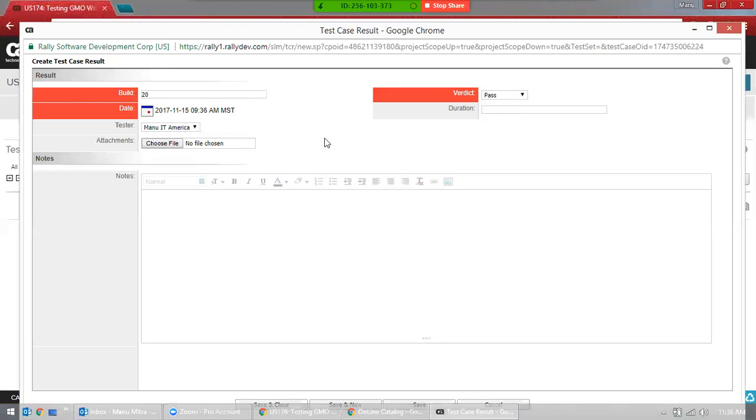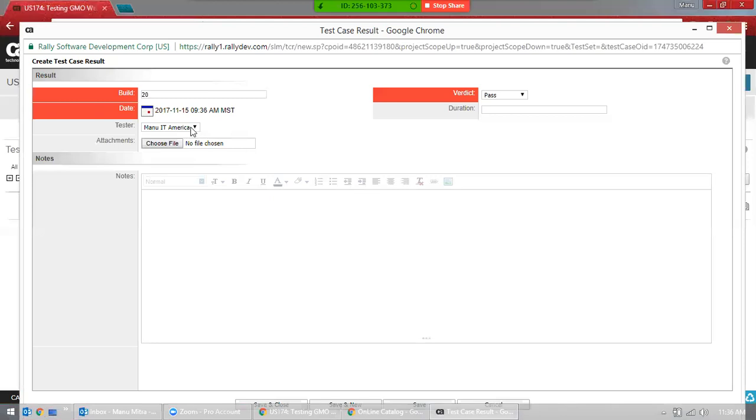Obviously, the tester will be you. Or if you're working in some big company, there might be someone who is writing test cases all the time and doesn't execute, and someone who always executes and doesn't write test cases. In that case, you assign the QA person who is responsible. But normally that will not be the case.